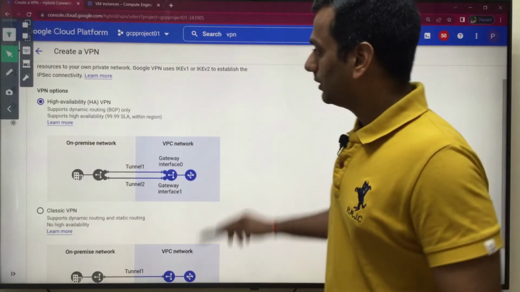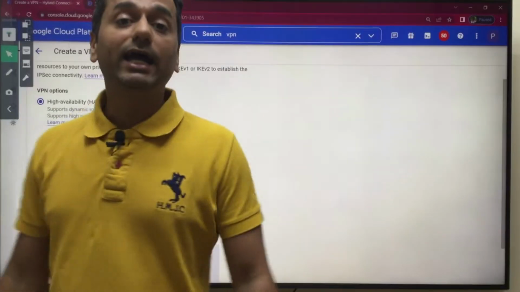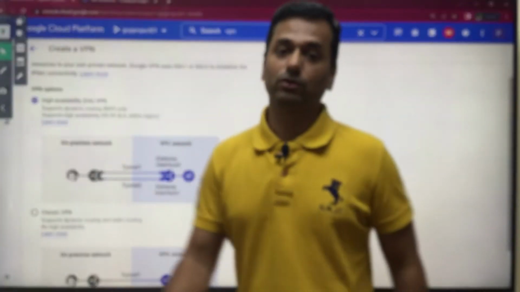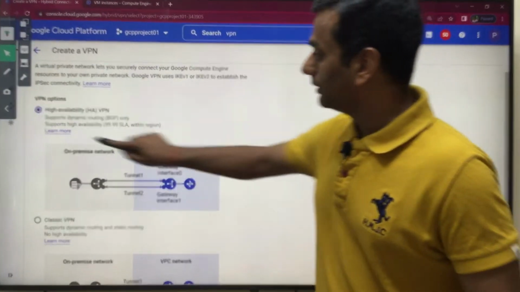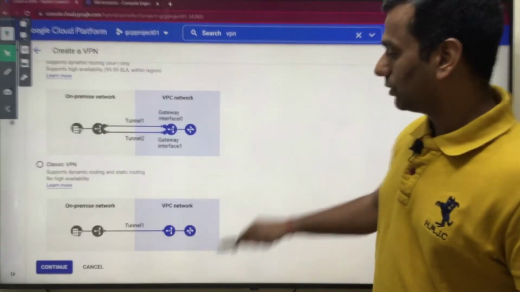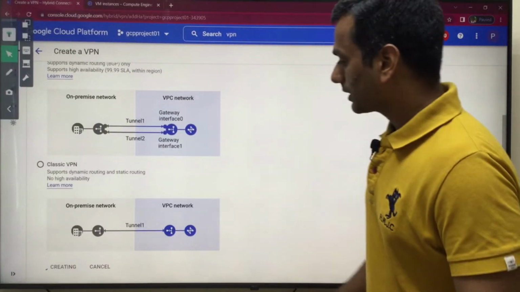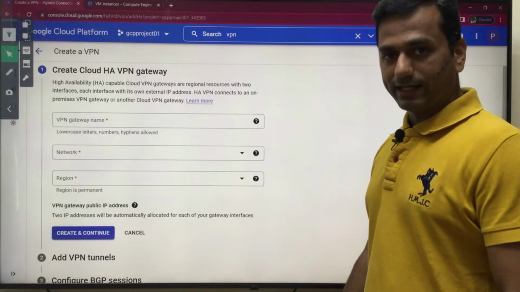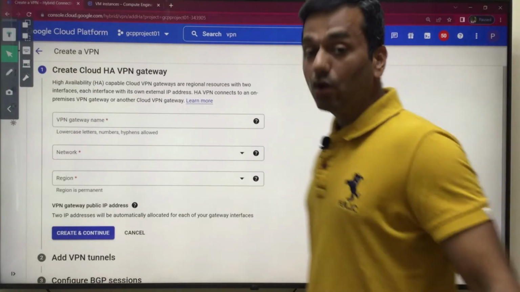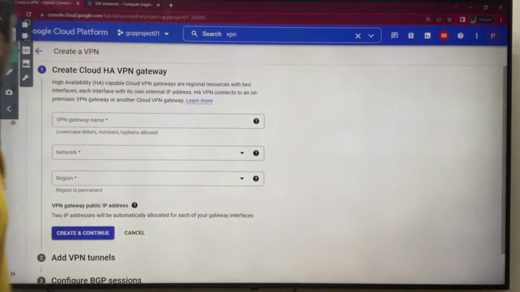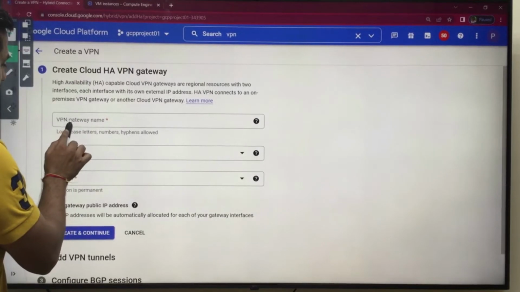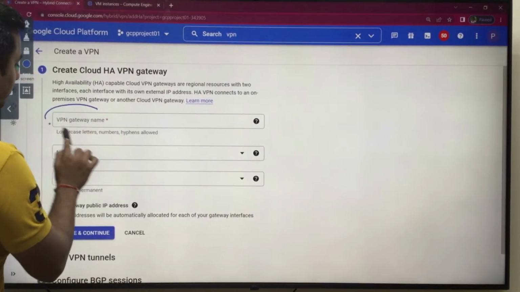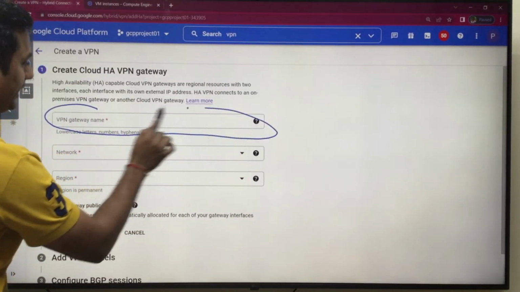So what will we do here? Go and select the high availability VPN. It is already selected, HA VPN. Go and click on continue. Once you click on continue, this is the step you have to now follow. Here you have to mention the VPN gateway name.